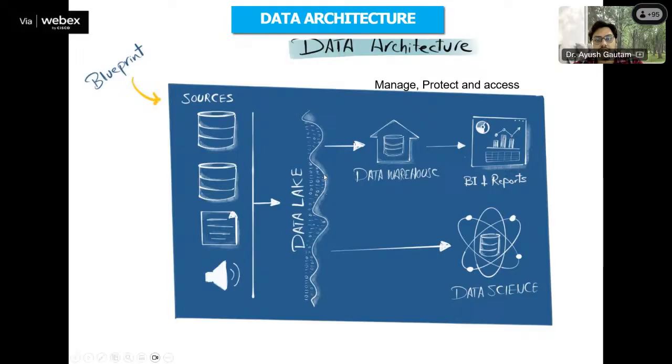Now from the data lake, as per the need, if you require any specific kind of analysis, like we want to study the growth of Rajasthan stores with respect to the growth of Gujarat DMart stores, then which data do you need? Only Rajasthan DMart data and Gujarat DMart data. You do not need other data. So in the data warehouse, only the Rajasthan and Gujarat data will come, and from that data you will make some reports.